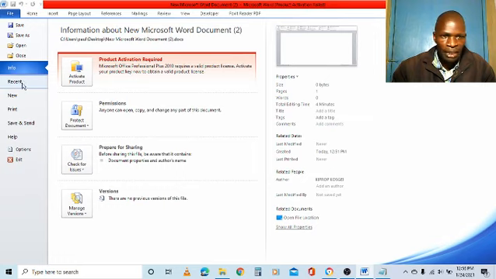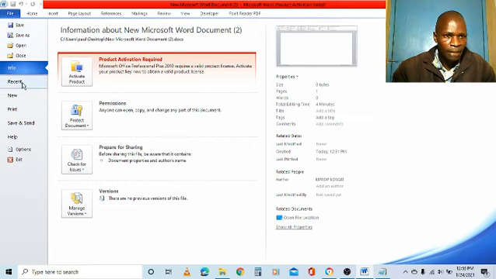There is recent for opening recent files, new if you want to create a new file, print to print a file, and save and send, maybe through email, help, options, and exit. All these are called file menu, because those are some of the menus that will apply to the current file, the file that's currently open.